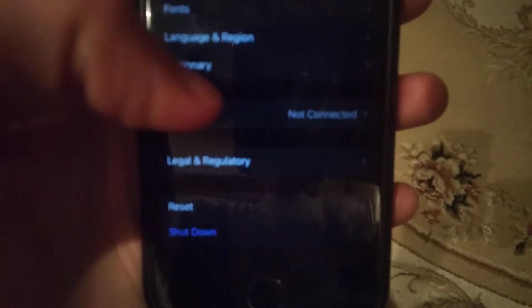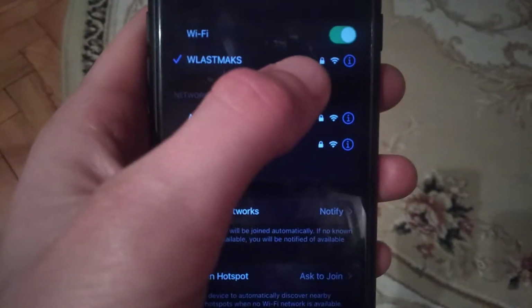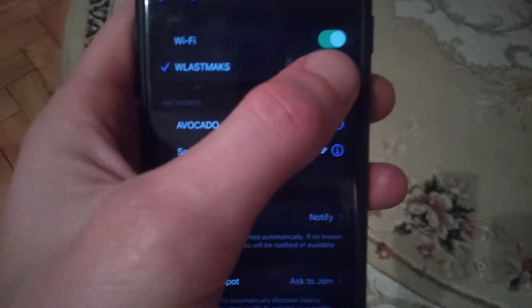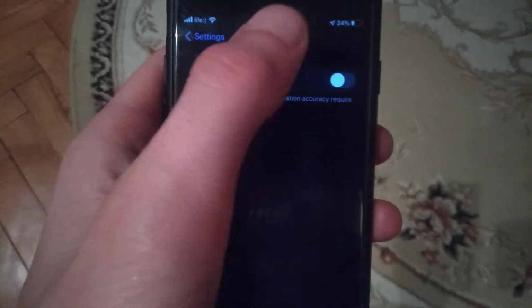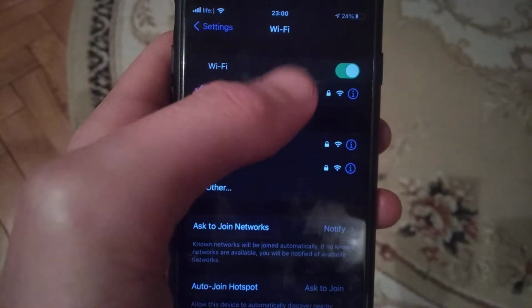So just open the settings, and in the settings you need to find Wi-Fi. Just check if you're successfully connected to your Wi-Fi network. Try to restore your Wi-Fi router and click on the blue button here. Just try to forget this network, turn off Wi-Fi and turn it on again, and choose your Wi-Fi network, write your password,